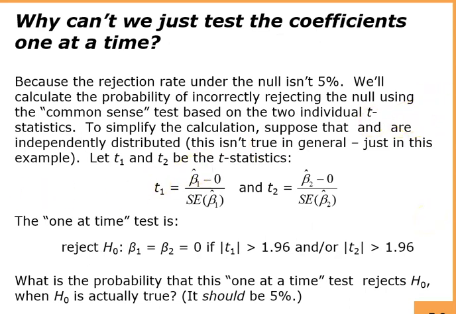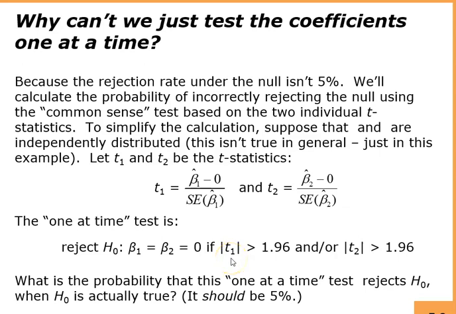So if we do the one at a time test, we will have to calculate two different t stats, one for the first coefficient beta 1 and one for the second coefficient beta 2, and we will follow the same logic of calculation of the t stats as in the previous formula. So we will reject the null hypothesis that beta 1 is equal to beta 2 is equal to 0 if